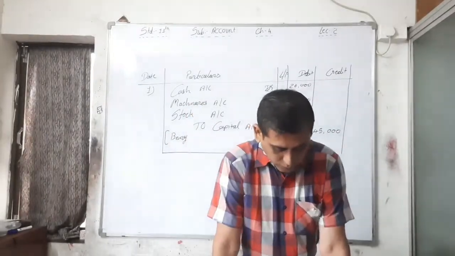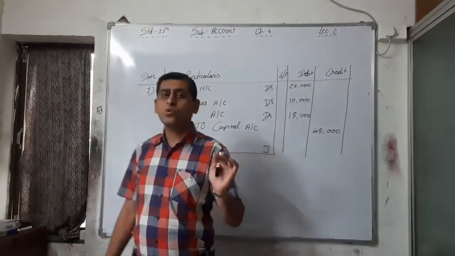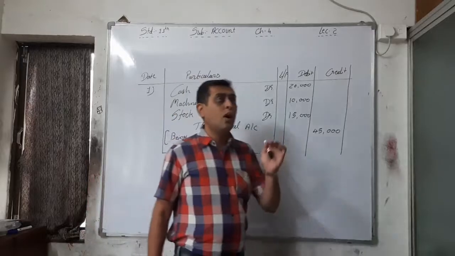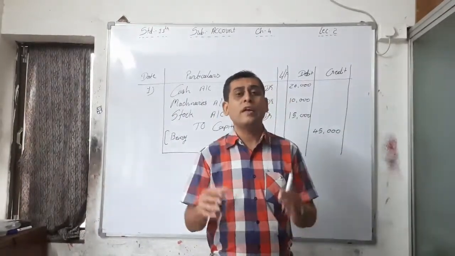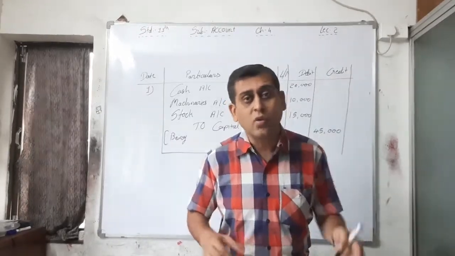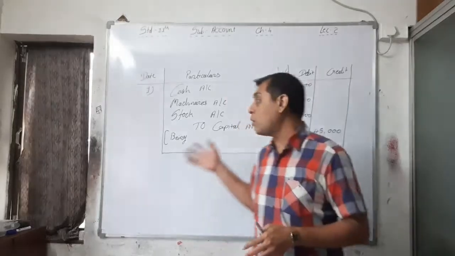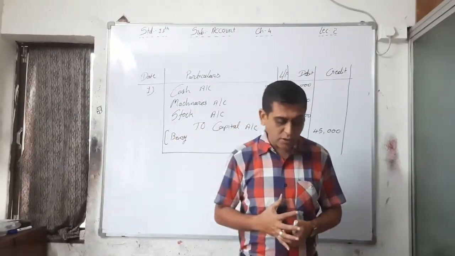Okay. Now illustration number 2, it is just an example to show that we can do a particular entry, that is 1, 2, 3 different entries. If it is combined, if it will be on the one day, then we will combine it and write down in one this way. Okay, so please write down this is your illustration number 2.